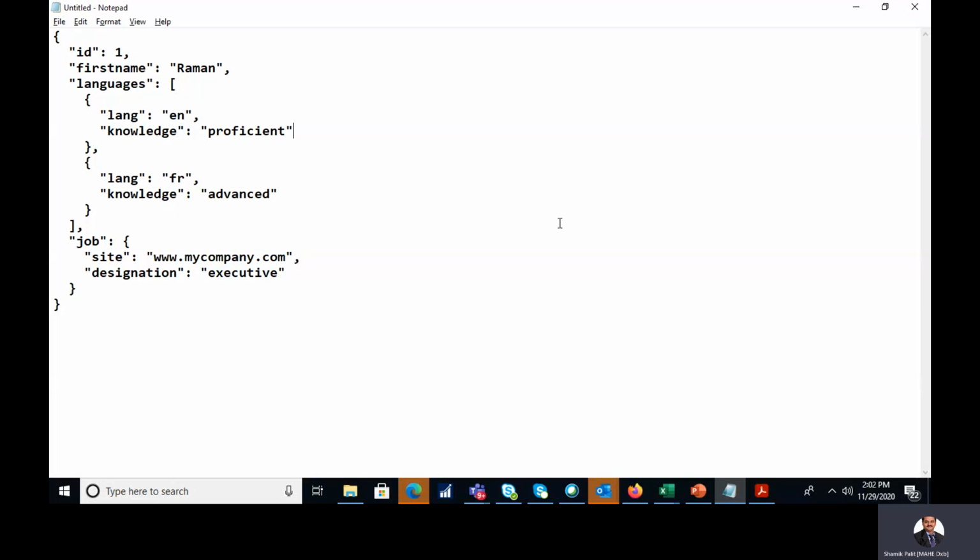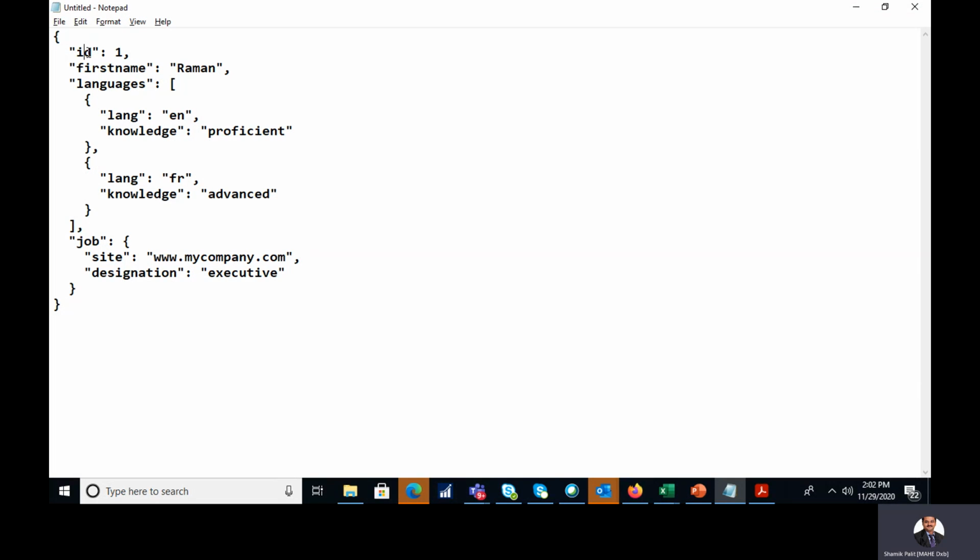Basics of any JSON file. JSON stands for JavaScript Object Notation. So while we start creating any JSON file, we have to start with a double quote, and followed by that